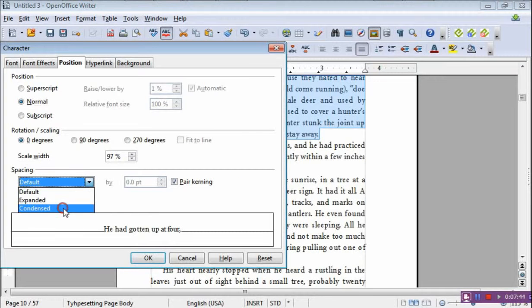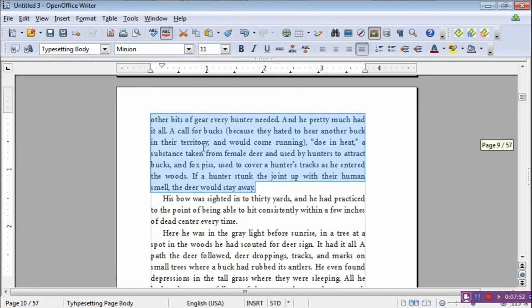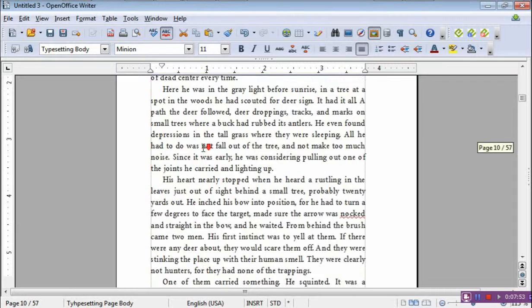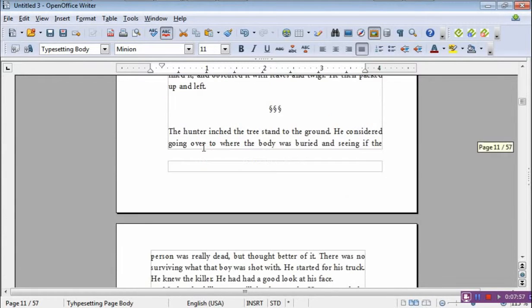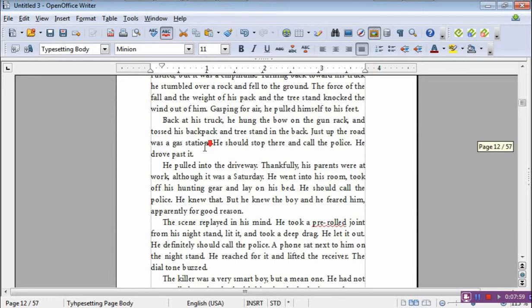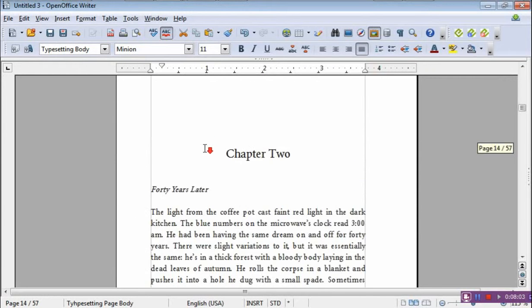Again, I'll try to condense it, see what happens. Only do a little tiny bit, which is 1/10 of what they call a point. I say OK, and you can see that it kind of squishes things together. The other thing that you do not want is a stray bit of text at the bottom or the top